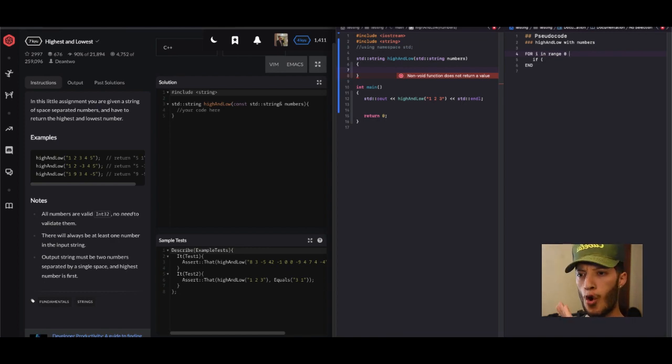We're looping through the whole string. So if i in 0 to numbers size minus 1, because we're not going up to the full size because we start with 0. Okay, so if numbers i, right? If that's a number,